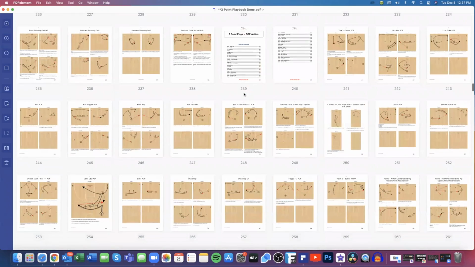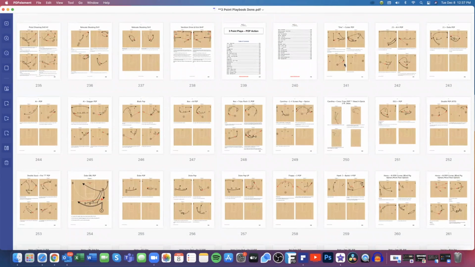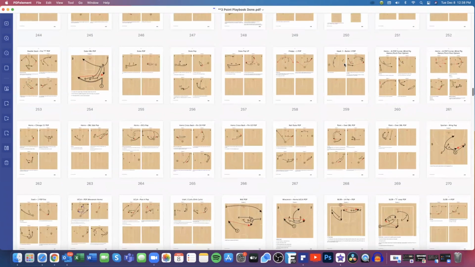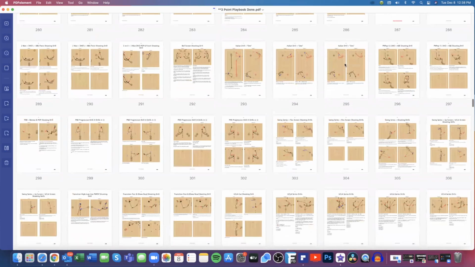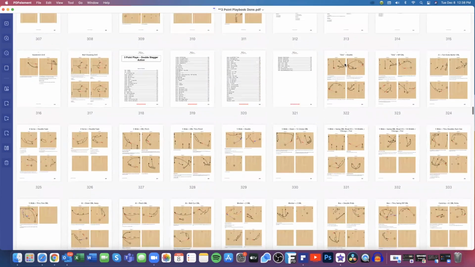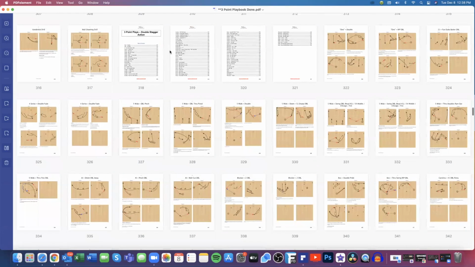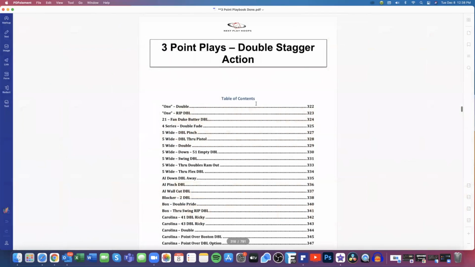And then we get into our 3-point pick and pop plays. And here's some pop shooting drills to go along with that. Here we give you quite a few different double stagger actions. You can see you get 3.5 pages of plays as far as our table of contents goes with our double